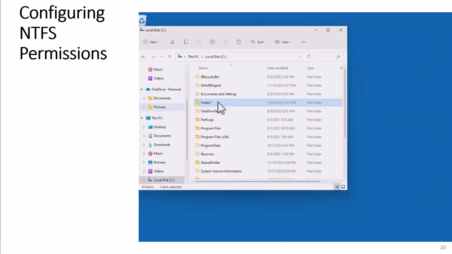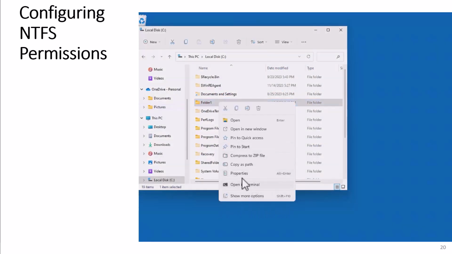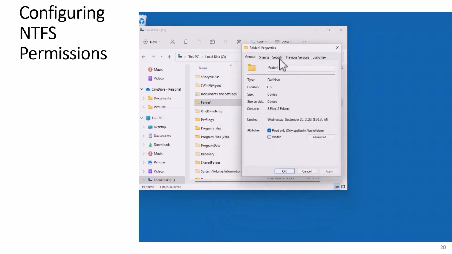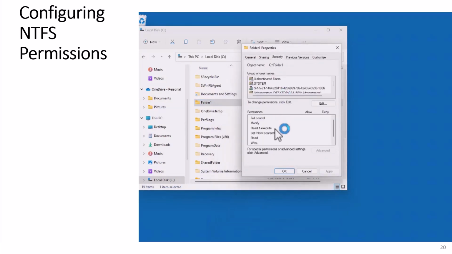To view the permissions of a folder, right-click Folder 1 and click Properties. Then click the Security tab. As you can see, Authenticated Users has inherited Modify permissions, which includes read and execute, list folder contents, read and write permissions. When you click Group 1, it has been explicitly granted the read and execute permissions, list folder contents,